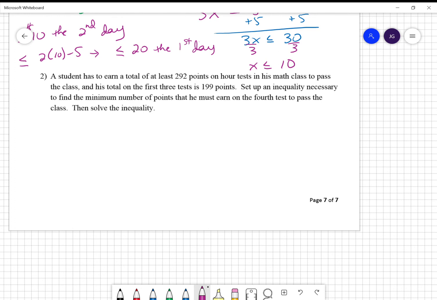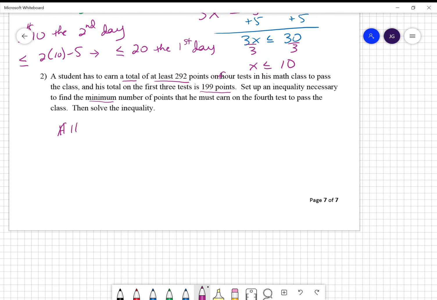A student has to earn a total of at least 292 points on, this should say 4 tests, in his math class to pass the class. And his total on the first 3 tests is 199. Set up an inequality necessary to find the minimum number of points he must earn on the 4th test to pass the class. Okay, so it's